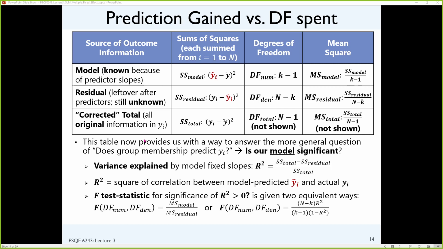Okay, how are we doing so far? Now it's a new set of vocabulary and new concepts. You said that the MS model needs to be greater than the MS residual, and then it's a good deal. That's right. When you talk about the K, can you remind me what that means? K is the number of fixed effects, and it's minus 1 because we don't count the intercept, so it boils down to number of slopes. Okay. And then when you talk about how many slopes we could have used, or could have made,